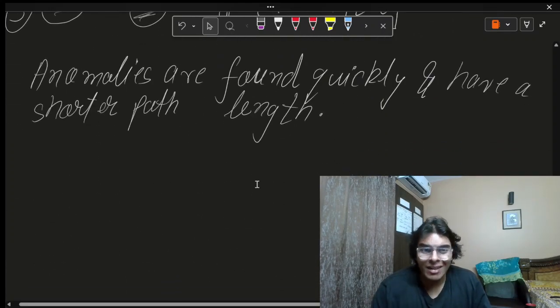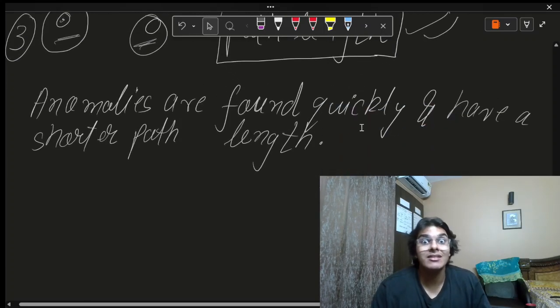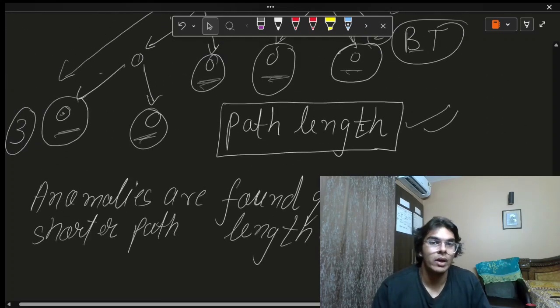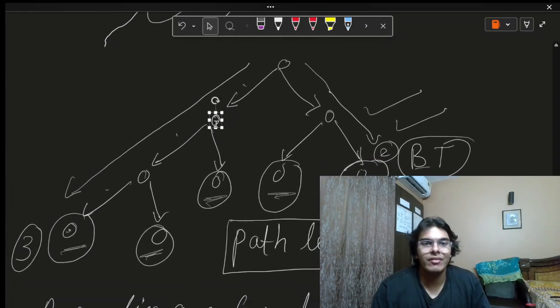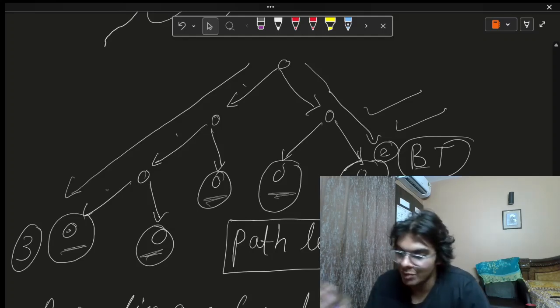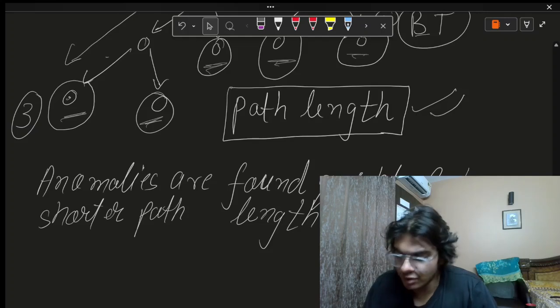Okay, so can we say that the anomalies will have a shorter path length, which means that they will be found first? Yes, we can say that. Okay, so look at this tree example here that we made. If this is the left subtree and the right subtree, there is a very high chance that the tree which is having the shorter path length is going to have the anomalous values, which means that this point right here,